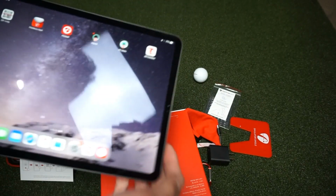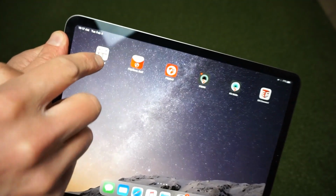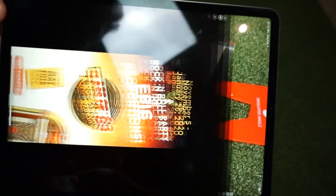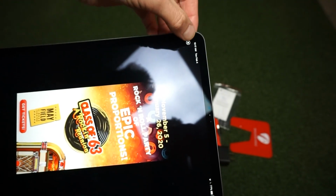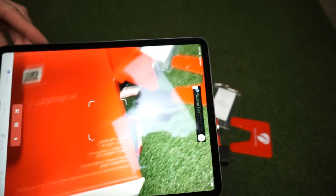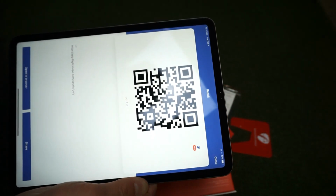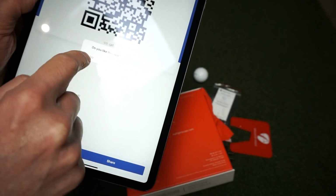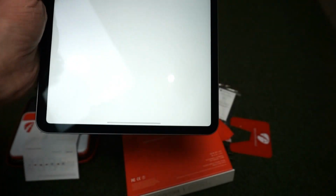So we're going to just do this. We'll get in. And so we didn't have a QR scanner, and so we downloaded a QR scanner there. And it's going to open up advertising stuff. Let's skip that. And so we're going to look for that QR code. It goes there. It gives us a website to go to. So we're just going to open that, and we're going to say no because we don't like the app because it keeps popping up on us. We're going to open that in browser,